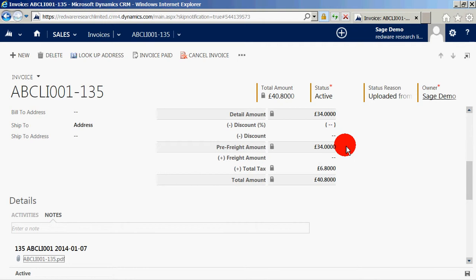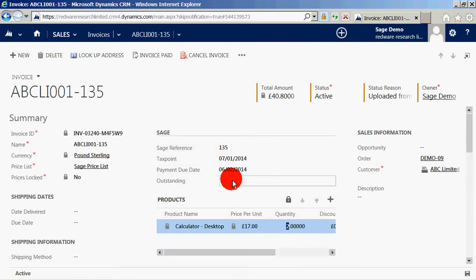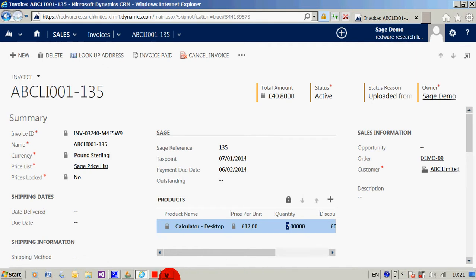So that's the cycle so far. We've created an order, we've pushed it through into Sage as an invoice, we've updated it in Sage, and it's come back into CRM as an invoice. And that's a good check for the sales guys. They can see if there's a corresponding invoice against their orders as a visual to double check that accounts have processed it. Okay, the final piece in the jigsaw is we want this outstanding amount to show us